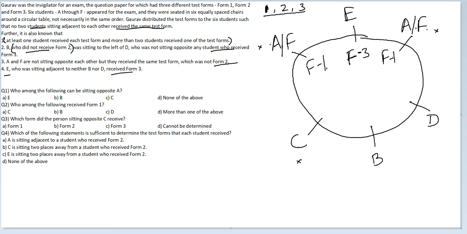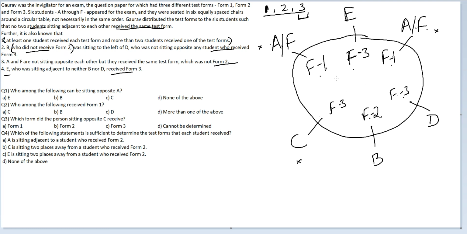Now see, somebody was supposed to receive 3 forms of the same type. 3 people were supposed to receive forms of the same type. It can either be F3 here, F3 here and F3 here, or it can be F1 here, F1 here and F1 here. If it is F3 here, F3 here and F3 here, B would end up needing to have F2, and we were told that B, who did not receive form 2,